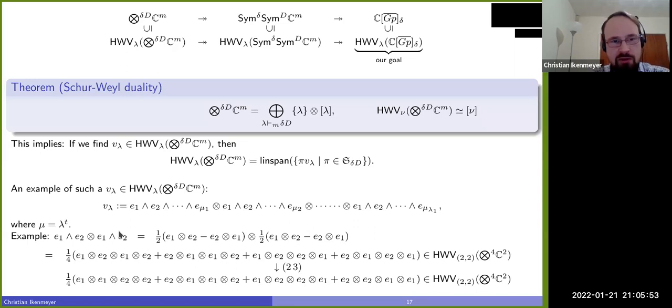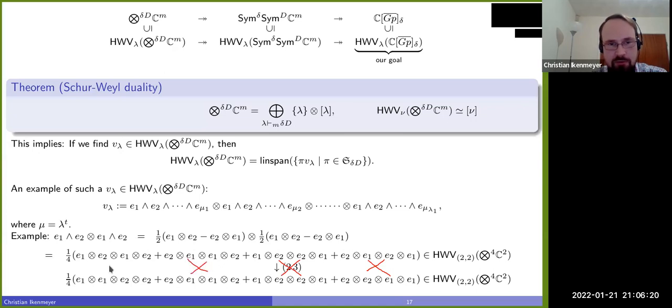This is the discriminant. So if you do E1 wedge E2, tensor E1 wedge E2, I write this out in tensor notation, and I get this whole long tensor here. This is the highest weight vector. And I can now change, for example, the second and third position, and I still get the highest weight vector. It looks slightly different, right? I have changed here the second and the third position.